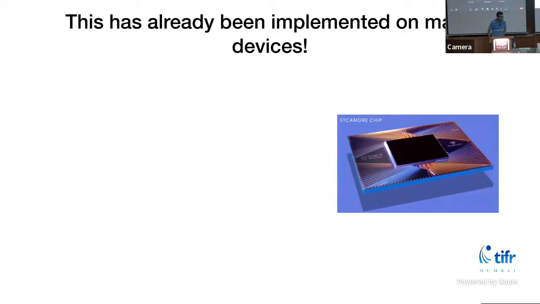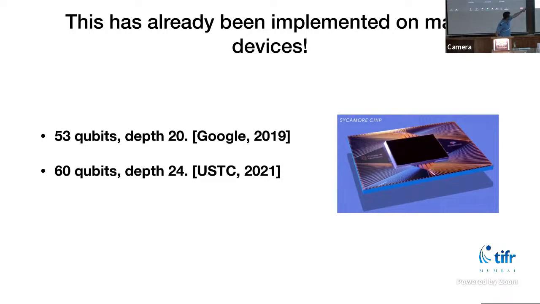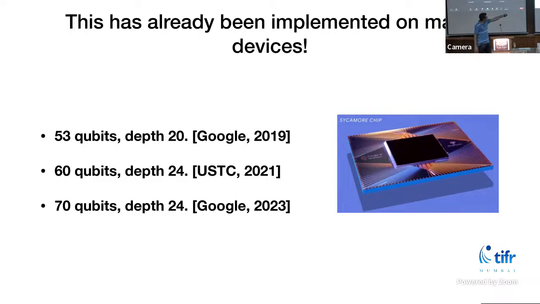And like I said, this task has already been implemented in many devices. 2019 Google: 53 qubits, depth 20. Then a Chinese group followed it up with 60 qubits, depth 24. And then Google recently had 70 qubits, depth 24. This is the state of the art.